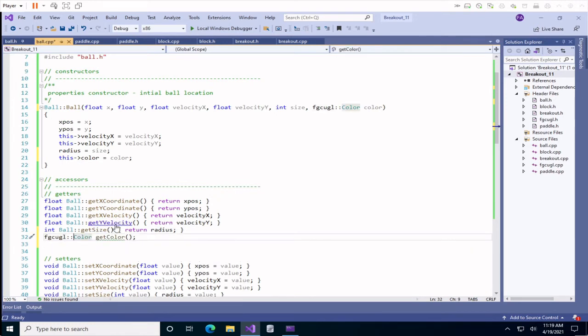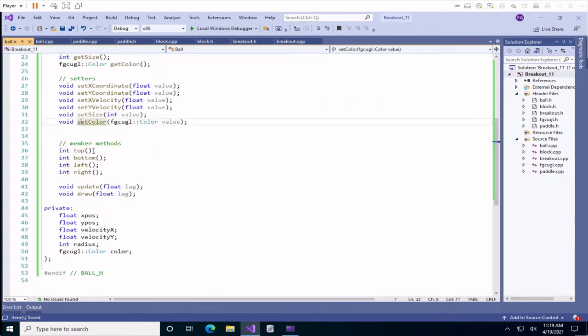And this will be a ball. If you mess up, it'll be on that. And then we want the curly braces, and we want to return color. And then in the void set color,